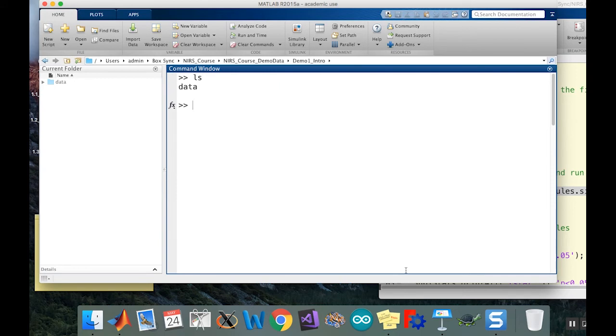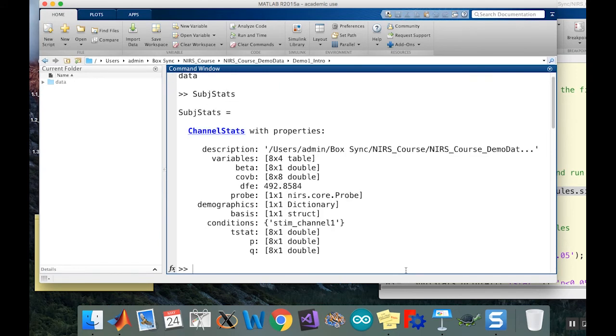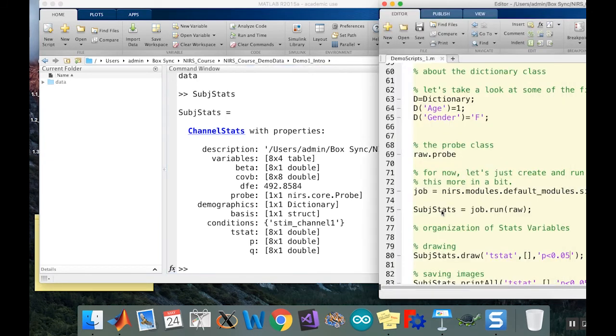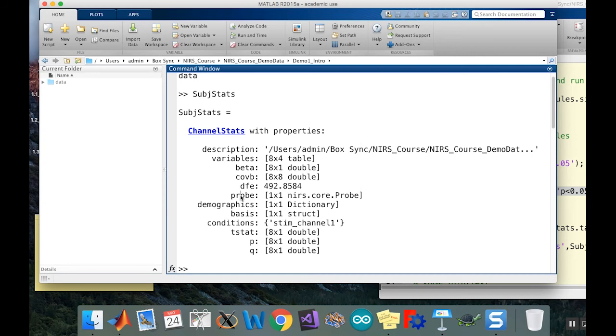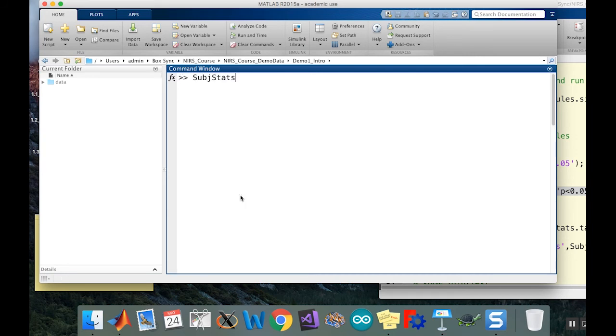All right. So that was subject stats. All right, so let's go. Showed that. Okay, there's also some features here. If you say subject stats.draw, it's going to draw itself, but subject stats.print all takes the same commands,